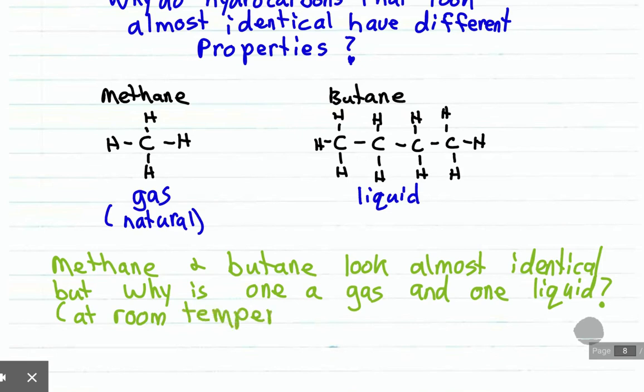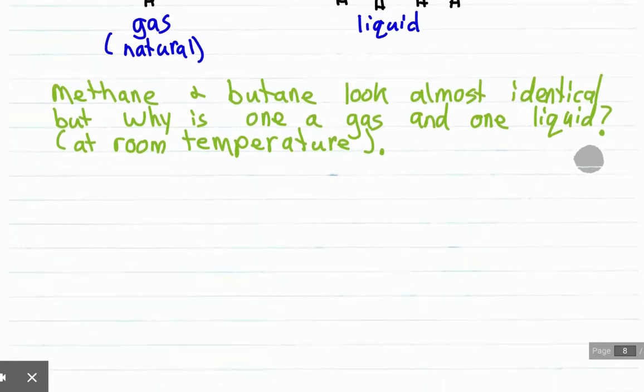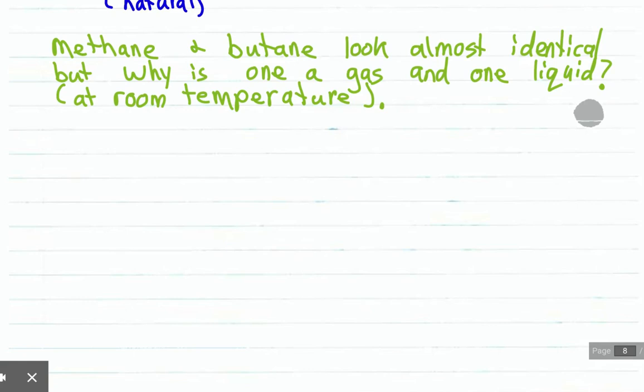All right, this is important because if you remember, if you change the temperature, you can change the state of something. So in order for us to really look at why methane is a gas and butane is a liquid, we need to go back and review our